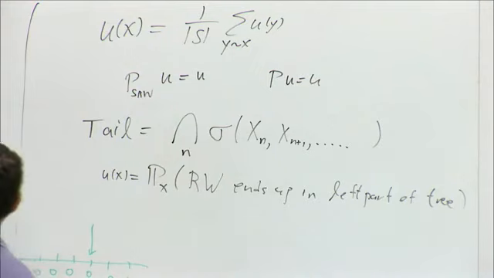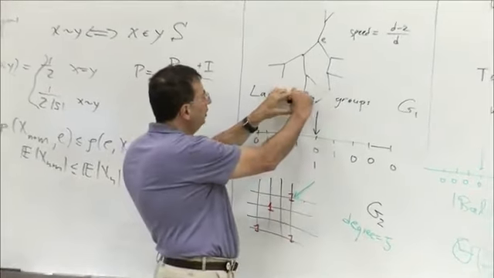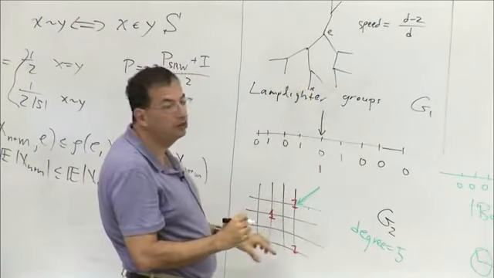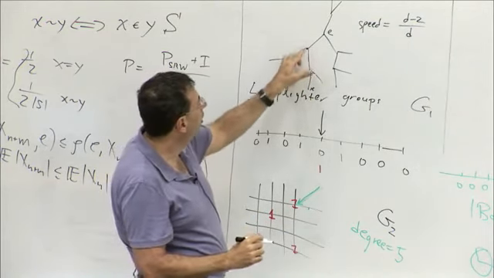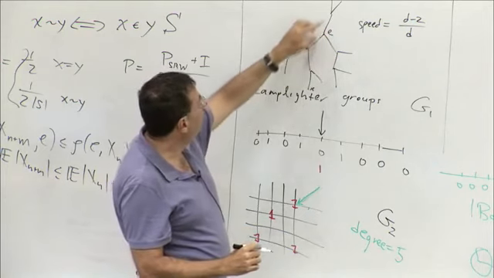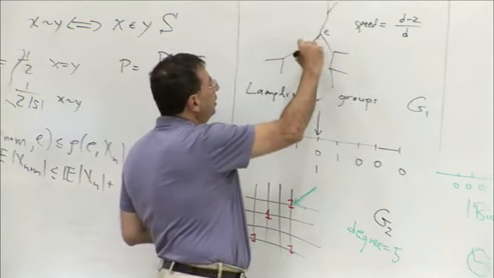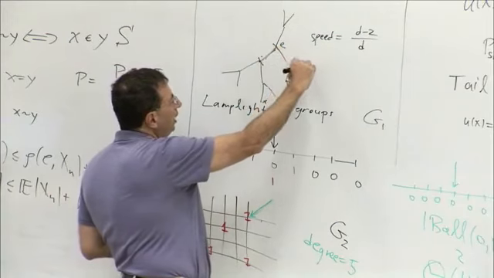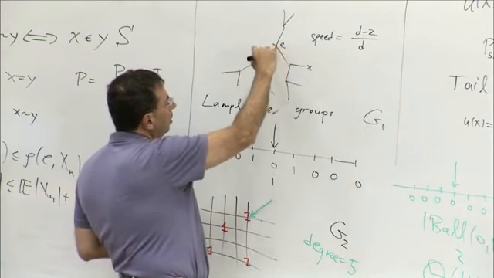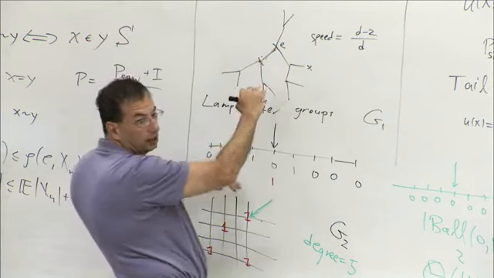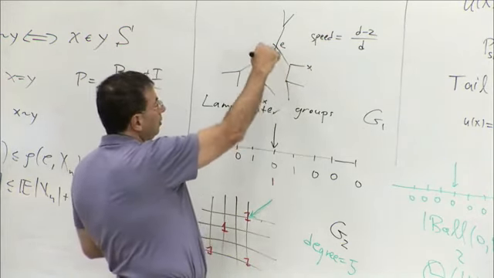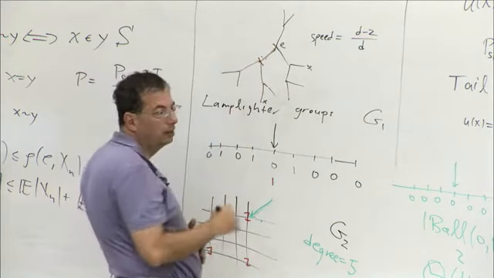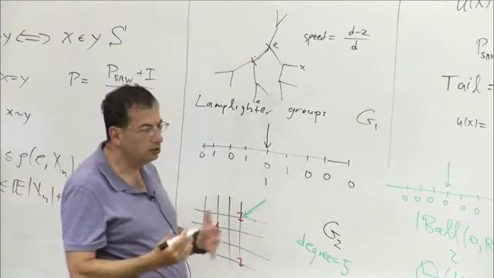And this function is an interesting non-constant function, because if x is already deep in this part of the tree, say here, then this function is very close to 1, because the walk is likely to end up here. It's not too likely to come back to this edge at all. This was the key edge that was separating things. While if x is here, then the walk is unlikely to end up on the left side of the tree, because it would have to reach this edge, cross it, and never come back. So it's easy to see that u of x is not a constant.